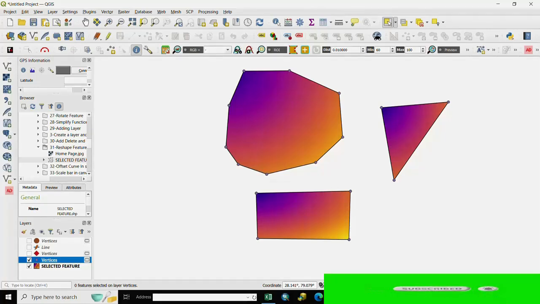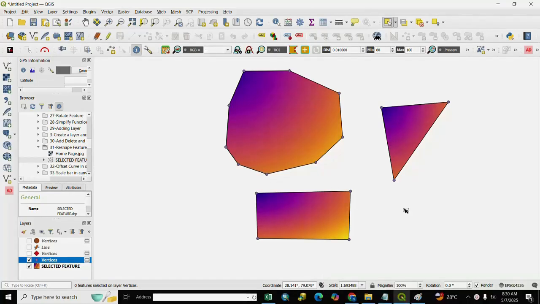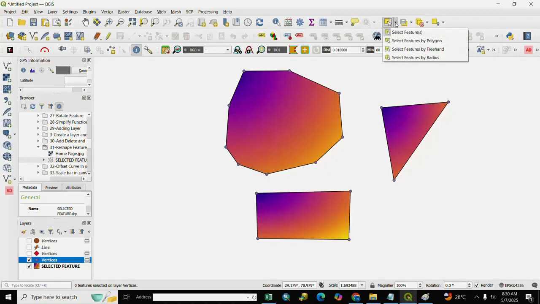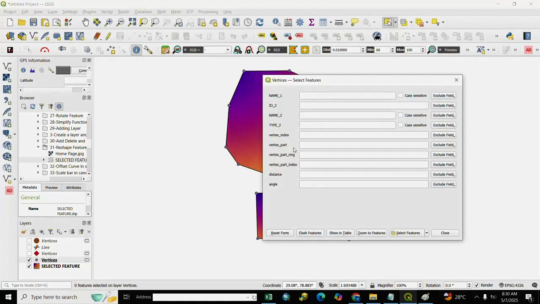Here is our polygon and its vertex. For query, you select here vertex. After vertex, we go to select feature by, and we select here. For query, we go to query builder and we select here select feature by value, and we select here angle.